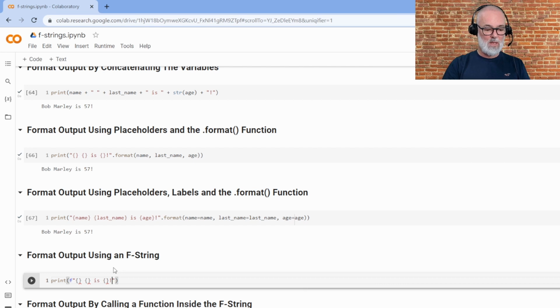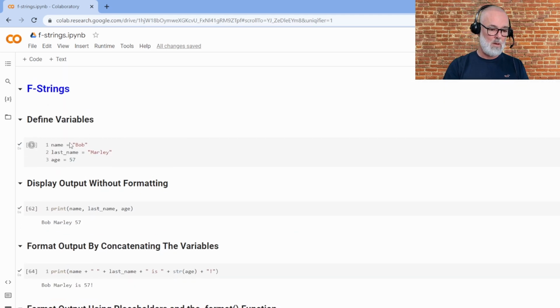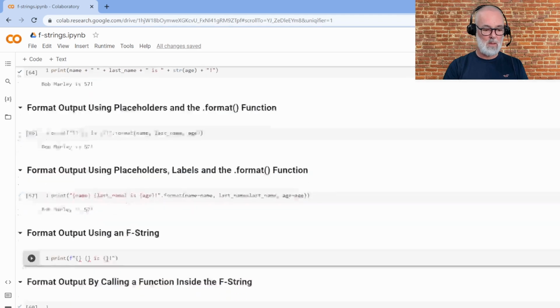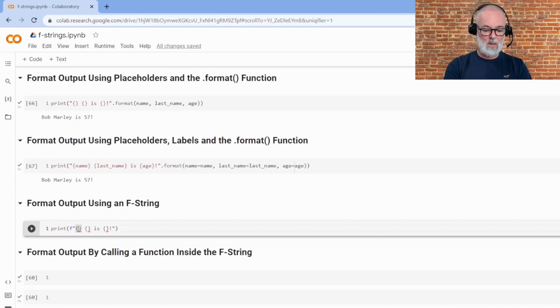Like that. The difference now is that inside each of these empty brackets, I'm going to write the names of the variables that we want to display once we run this code. These are not going to be labels. These are going to be the actual variables that we defined all the way up here. So I'm going to say name, last name, and age, just like that. And that's it. I'm going to run this cell,